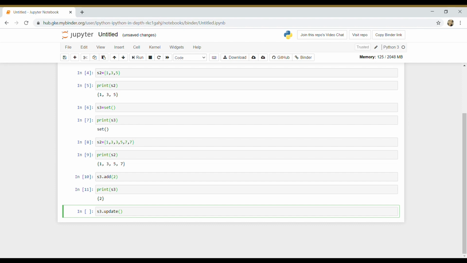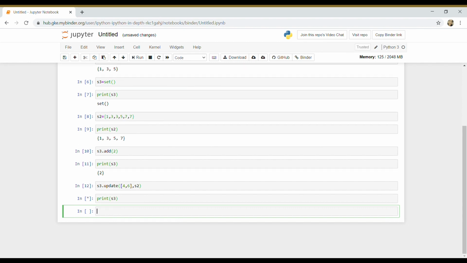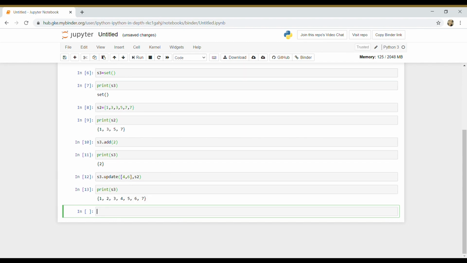So let's use update to enter some new values and a second set into our existing set. Just like we discussed, we can see in the result that new values have been added and repeating values are eliminated.